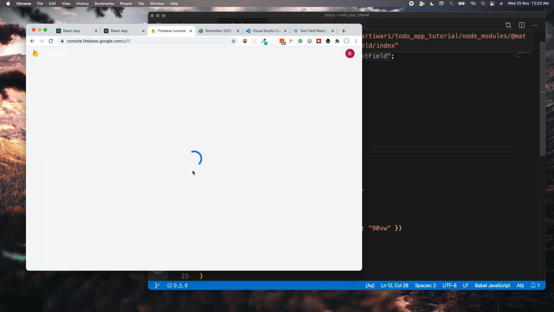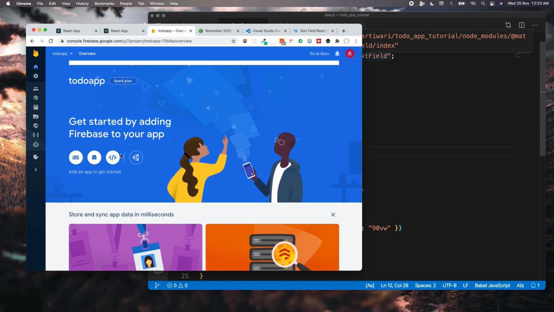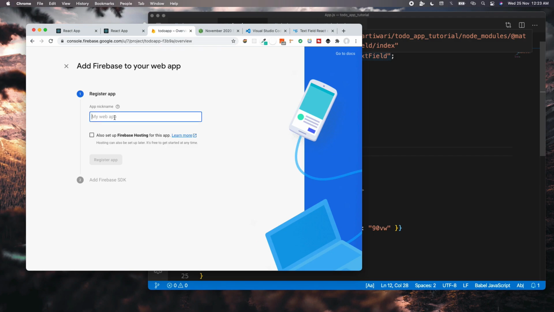Let's continue over there. Once you are on this overview page of your project, what you have to do now is connect your web app with Firebase. To do so, click on this web option, and then give a nickname to your application. I'm going to give a nickname of Todo App. Now, as I said, we will be hosting our project online, but that will be done in the end. So I'm not selecting it right now, but don't worry, we are going to do that. So I'm going to click on Register App now,